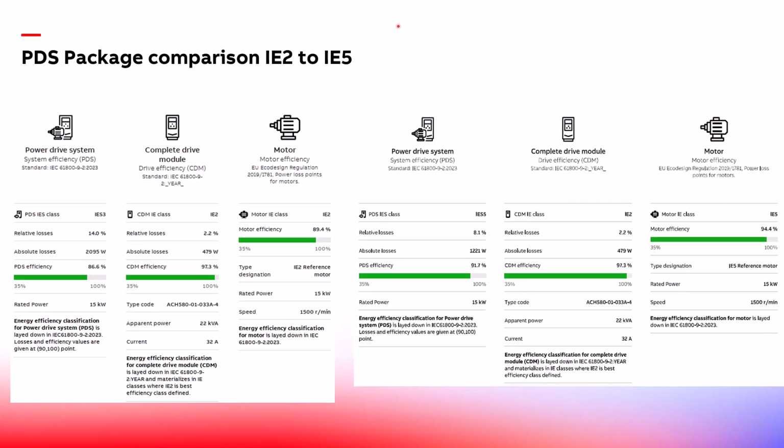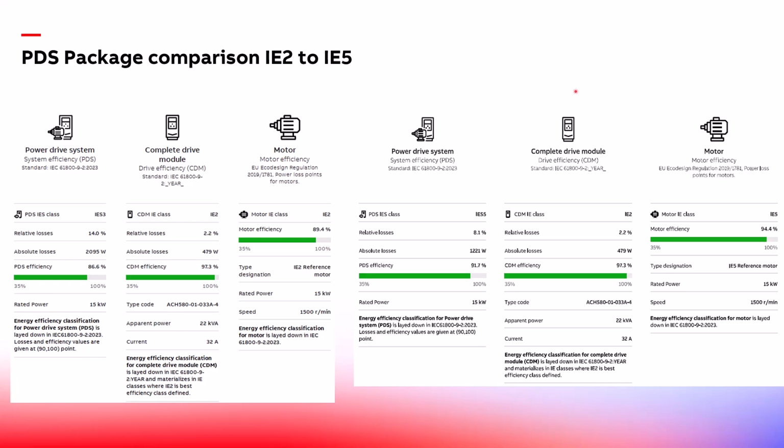So let's look at the power drive system package comparison between the IE2 one we looked at and the IE5 in terms of the motor. So on the left hand side we've got the system with the IE2 motor, and on the right hand side we've got the one with the IE5. Now the first thing you may notice is the drive module itself on both sides is identical in terms of the numbers, which should be because it's operating at the same frequency, same speed, so it should be doing the